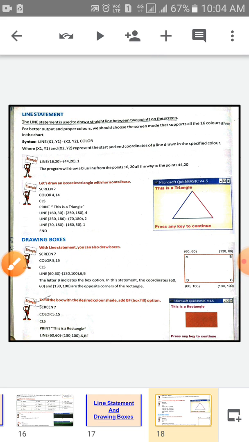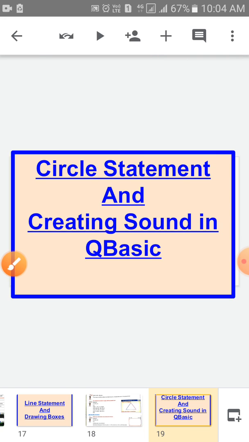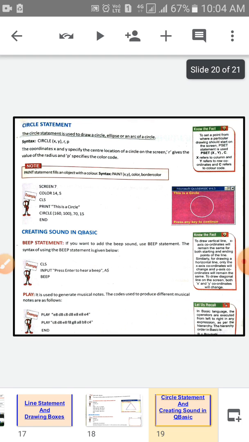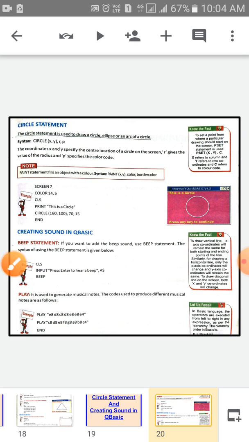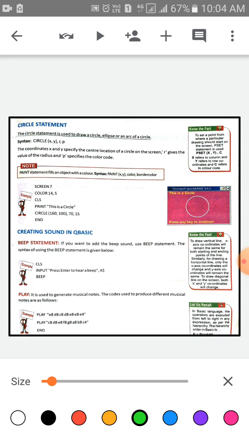Now children, the CIRCLE statement and creating sound in QBasic. Look at the screen, children. CIRCLE is used to draw a circle, ellipse or an arc of a circle. The syntax is CIRCLE (x, y), r, p.